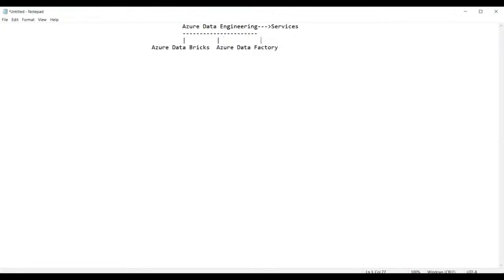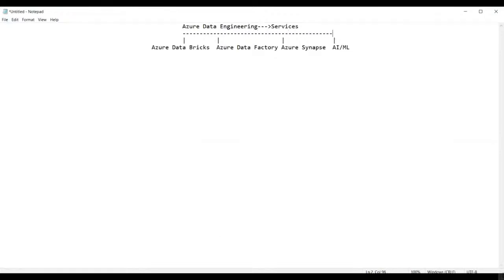And apart from this, we have the next service called Azure Synapse. Many services are there, but I'm listing a few of them. So we have Azure Artificial Intelligence, AI, or else we can also refer to it as ML, that is machine learning. These are all the services packed into Azure Data Engineering.